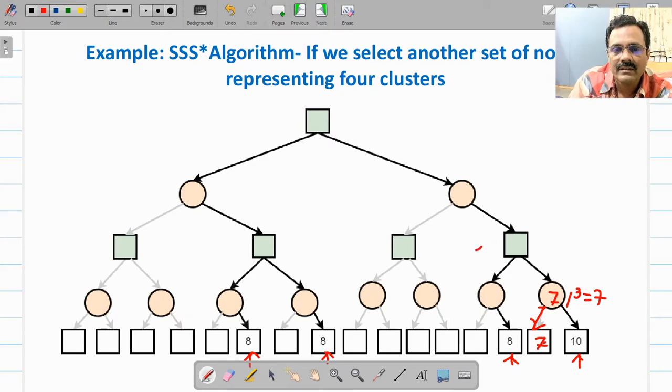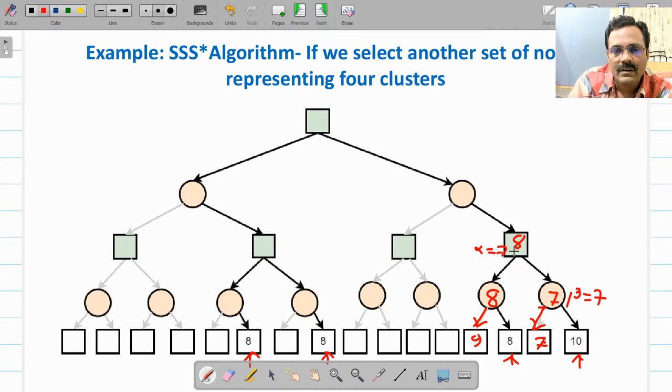Here alpha is 7. Now this will be evaluated. It is getting 8 from this. So beta is 8, less than alpha. So this has to be evaluated. So right of this node, that value is 9. Minimum of this is 8. So now this max is getting 8 from this side and 7 from this side. So it will select this. So here this node will have value 8.